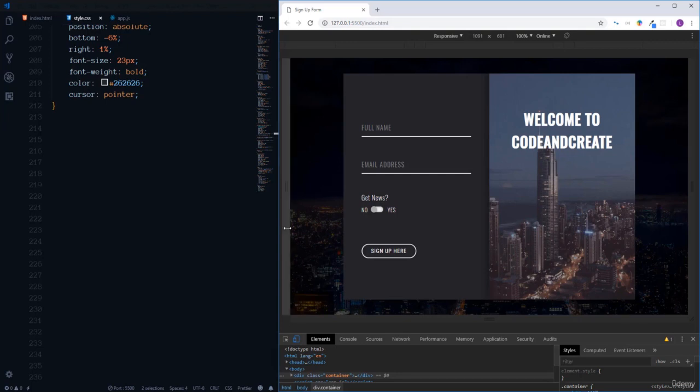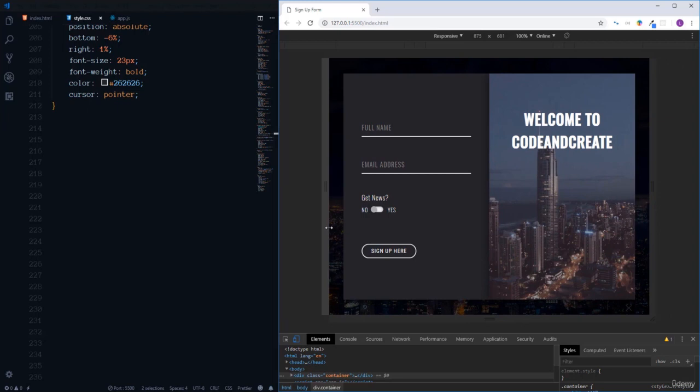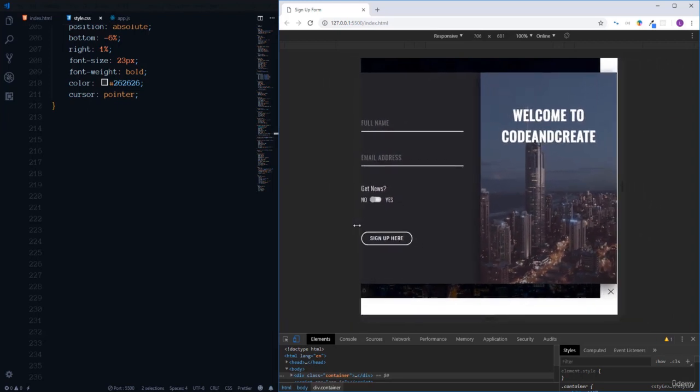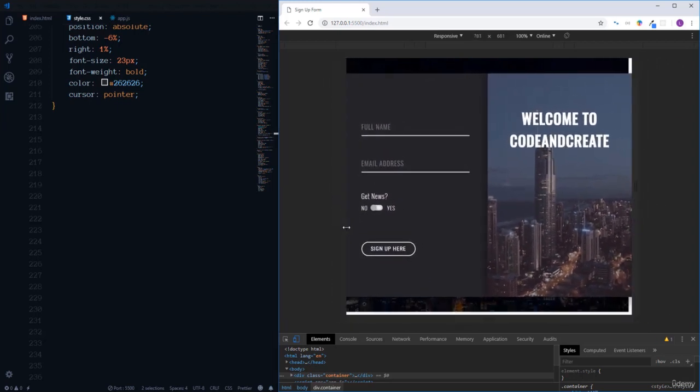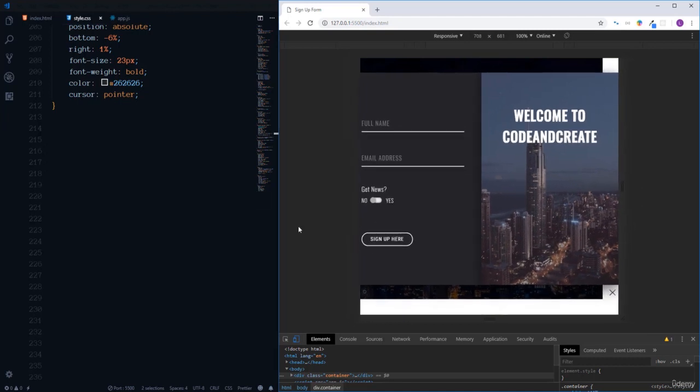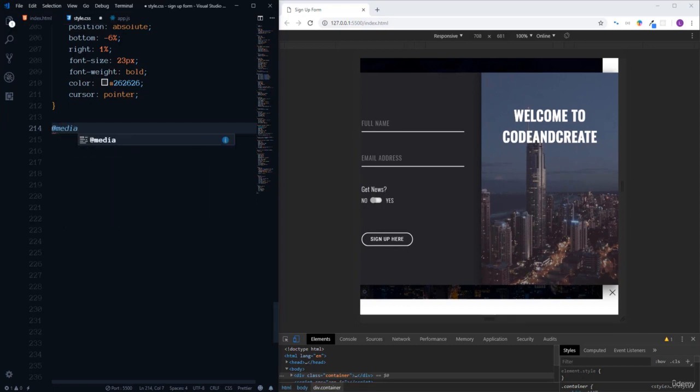So the first breakpoint on which form container needs some changes is 850 pixels because, as you see, form is getting messed up. So let's create first CSS media query, write @media, and inside parentheses as a max width, let's indicate 850 pixels. So it means that we will change some properties and values which should be applied to form until screen size exceeds 850 pixels. Let's select form container